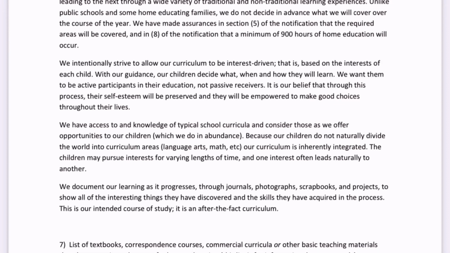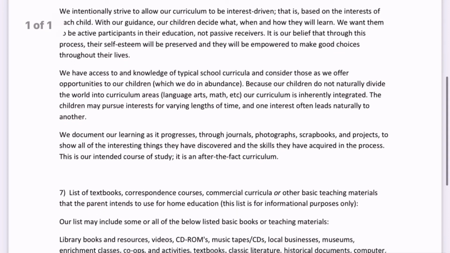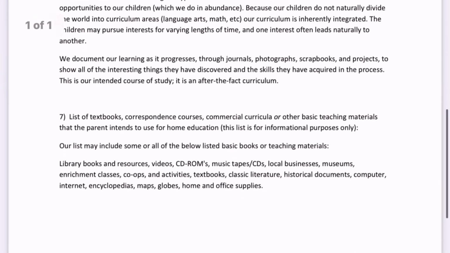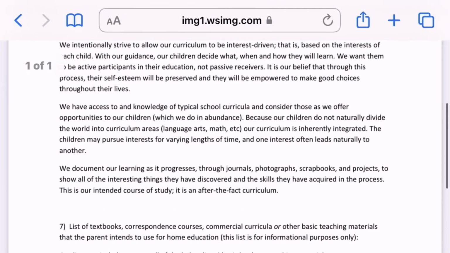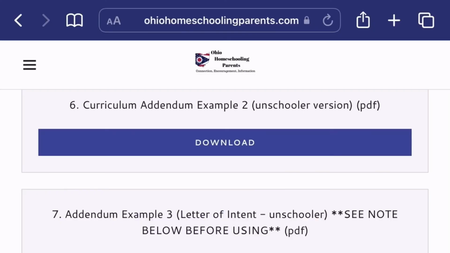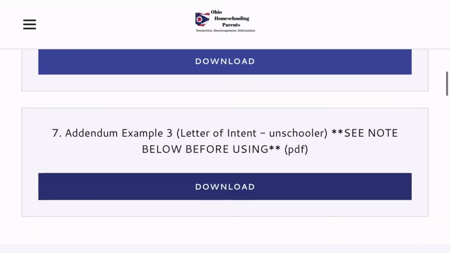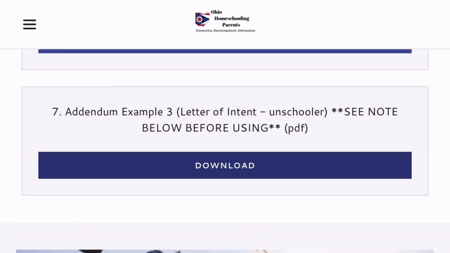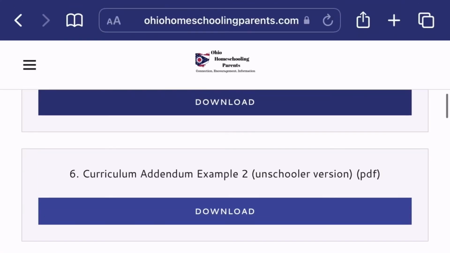It's just leaving it up to the learner to explore what interests them at the time. It allows them to be a little less passive with their learning and have a little bit more control over it. So that way they are a part of it, therefore they're going to want to learn it a little bit more. Hopefully this video was helpful to you.